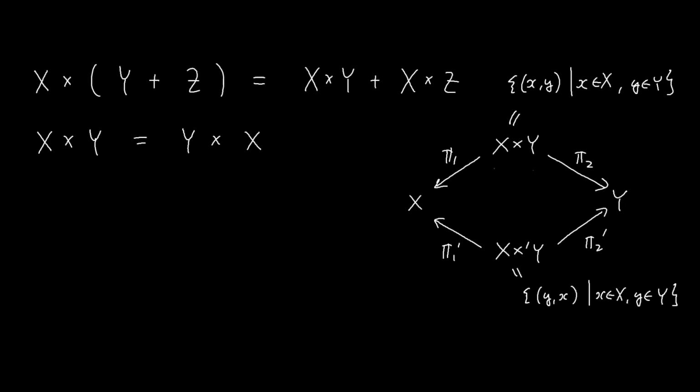The reason why these two sets are not equal to each other is, of course, that they have possibly different elements. The first one has elements where the first coordinate comes from the set X, whereas the second one has elements where the first coordinate comes from the other set. Of course, when the two sets X and Y are equal, these will also be equal to each other, but they don't have to be. But even if they're equal, even when X equals Y, we are not going to get a nice equality in the sense that,